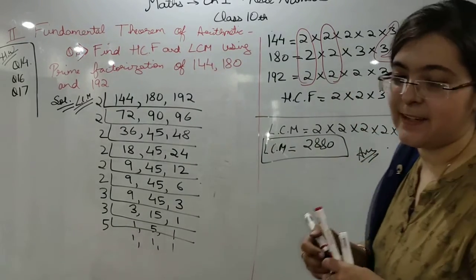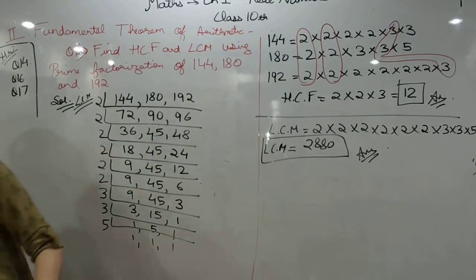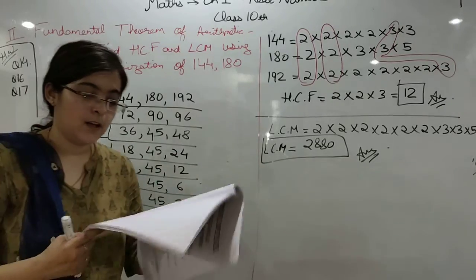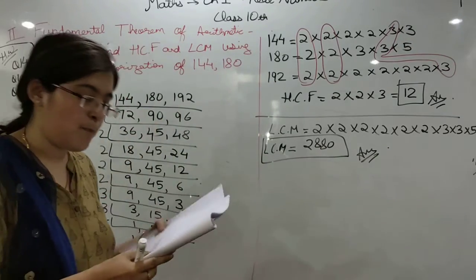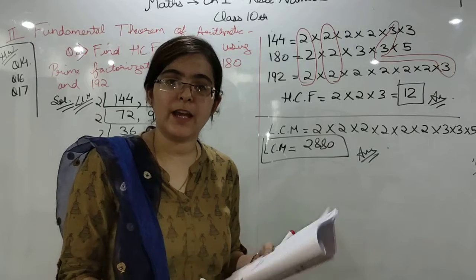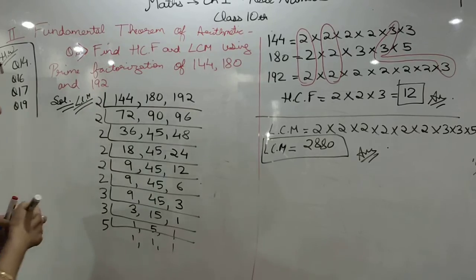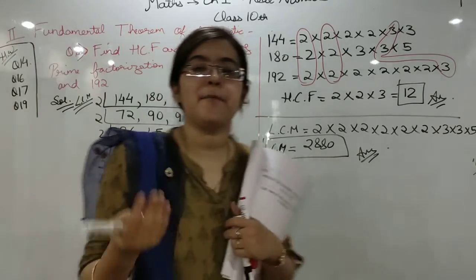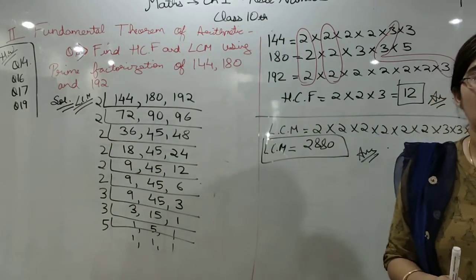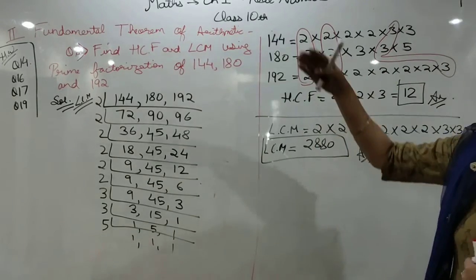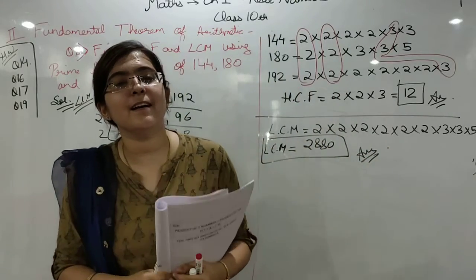Okay students, this method is very easy. So note it down in your copy. So we have calculated the HCF and LCM of three numbers. Now question number 19 is the same as question number 18, so pause the video and solve it. Question number 19 is your homework. These 4 questions are your homework. When you come to your live class, I will ask you the answers, and if you have any doubt, you can ask me. Today we have seen some questions based on the fundamental theorem of arithmetic. Clear? Next we will continue in the next class.